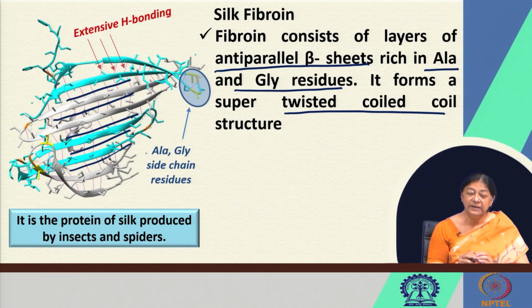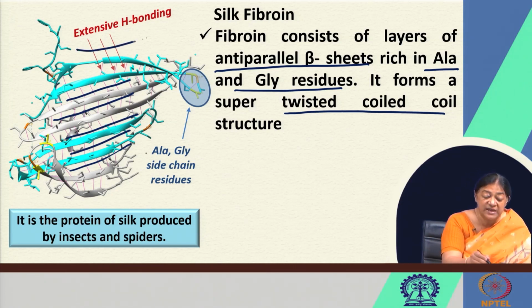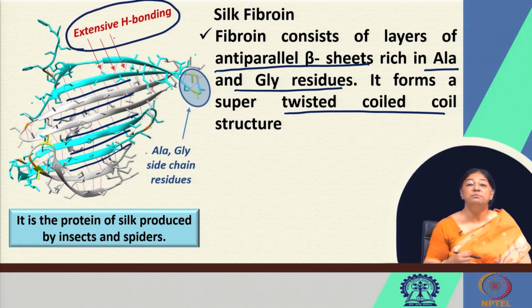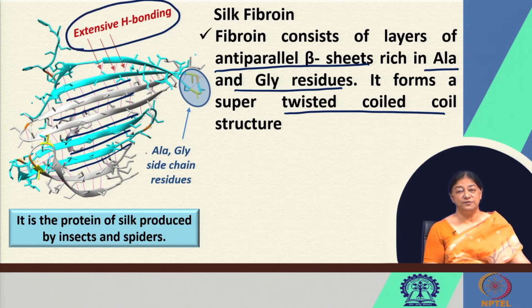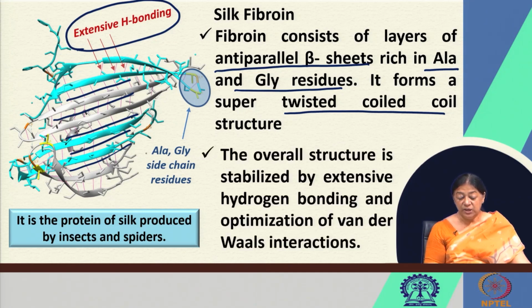So, the alanine and glycine side chain residues here again play an important role because of their small size, and the fact that we have a twisted beta sheet indicates the presence of extensive hydrogen bonding between the strands of this beta sheet. And the overall structure, as I mentioned, is stabilized by the extensive hydrogen bonding and the optimization of van der Waals interactions, which we will see as we go along in an understanding of what we mean